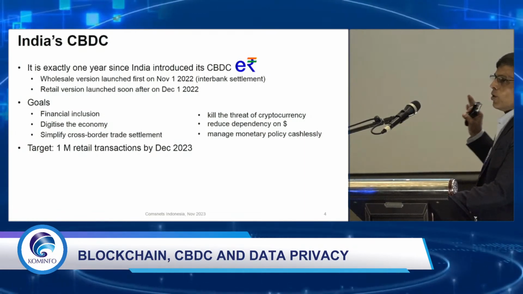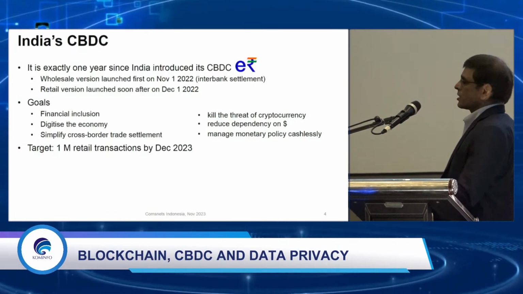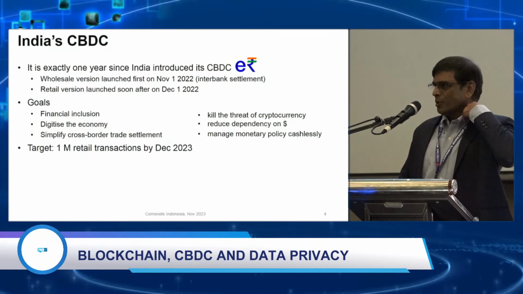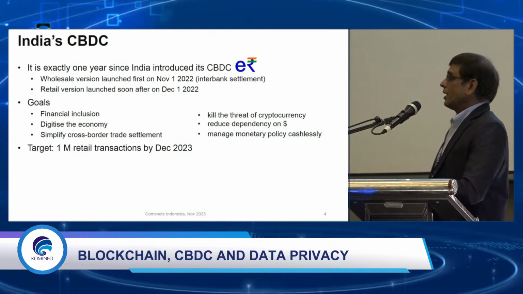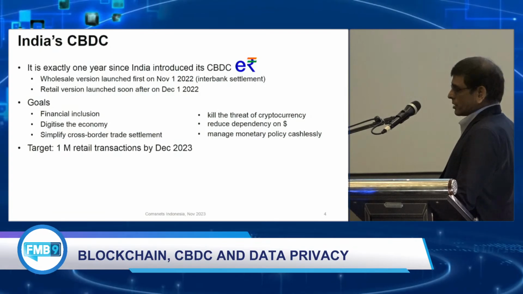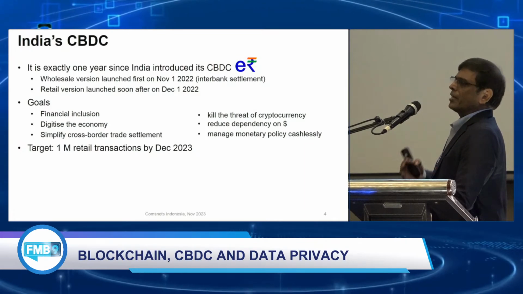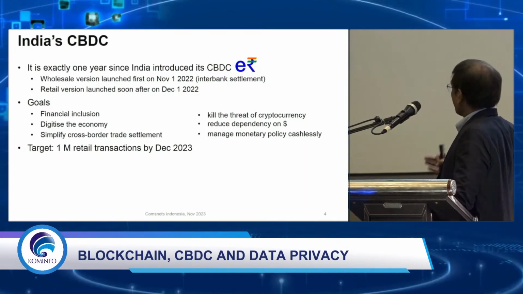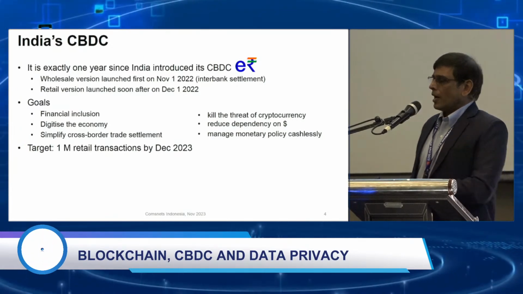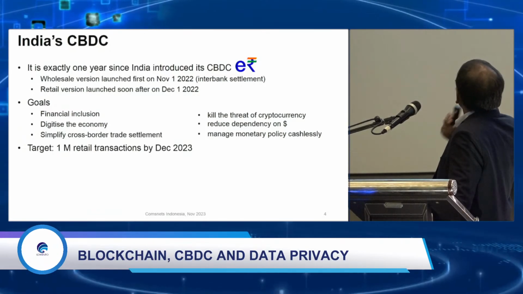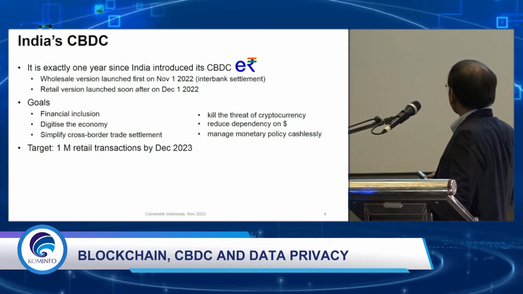Hidden behind these 3 goals are 3 goals which the RBI didn't write down, but which are actually in the back of their mind. The first goal basically is to kill the threat of cryptocurrency. We already discussed it in the previous presentation. Cryptocurrency is a dangerous thing that people worry about because it is used for many illicit things. And so you want to kill the threat of cryptocurrency. And you want to reduce the dependence on the dollar, especially for emerging countries like India. The dollar getting stronger and stronger is hurting our economy quite a lot. The fact that most of our trade, even with third-party countries which are not the US, has to be settled today in dollars is hurting us, right? And the third, of course, is how do you find a method of managing monetary policy without dealing with cash? Okay, so these are the three things.